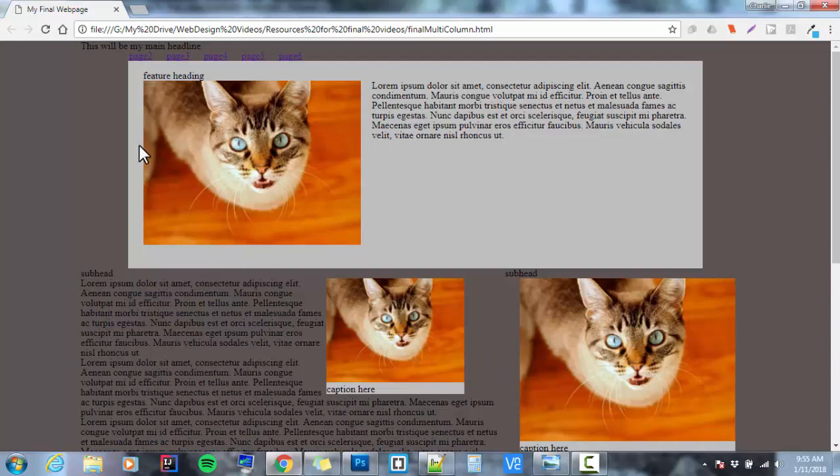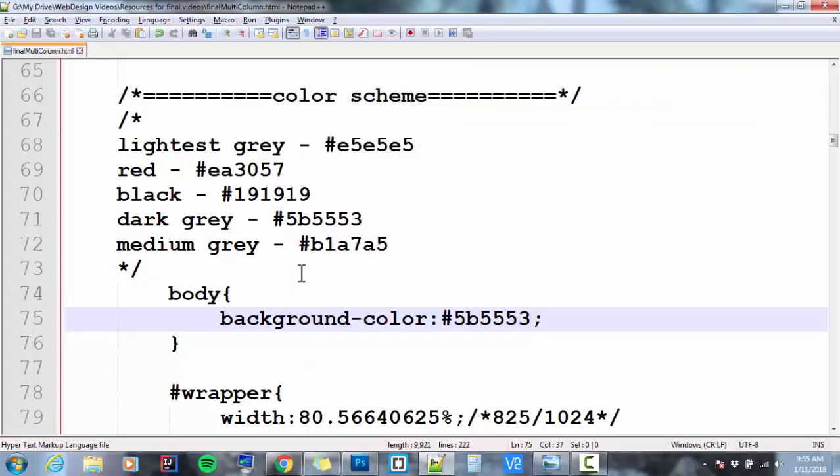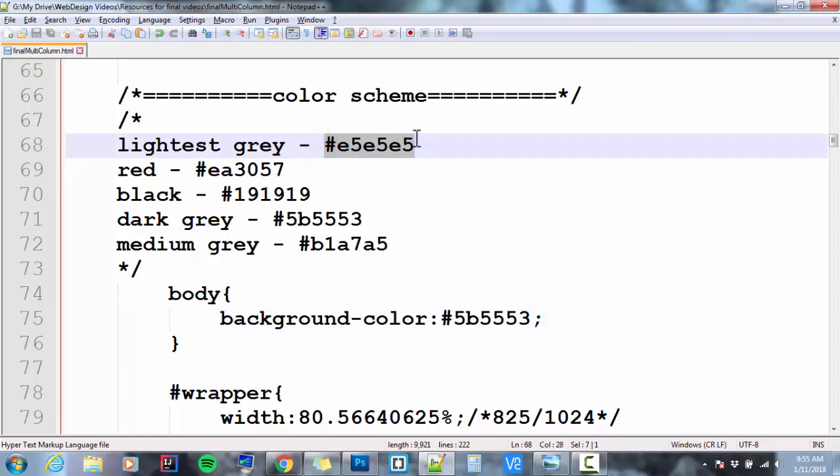Now, this is way too dark behind all of our text. Our text wouldn't show up at all. So we want to have a lighter color behind the text. That's not always the rule. You can put dark colors behind light text, but you usually don't want to do that for the whole body, because for big chunks of text, if you're reading a long set of paragraphs, having light text over dark can be kind of difficult to read sometimes. So I usually like to have a lighter background and darker text. So I'm going to start with my lightest gray for the background that's going to go behind all of the